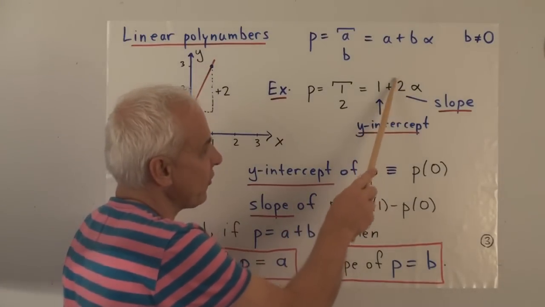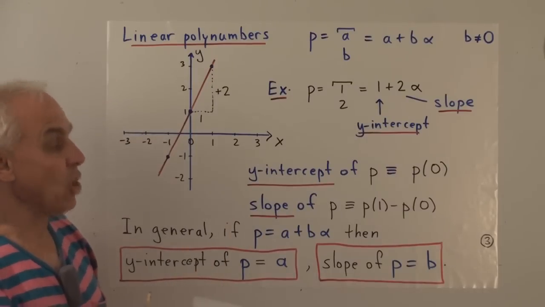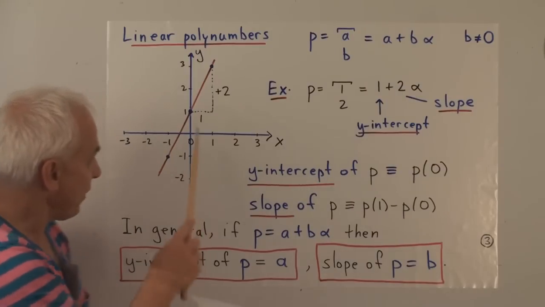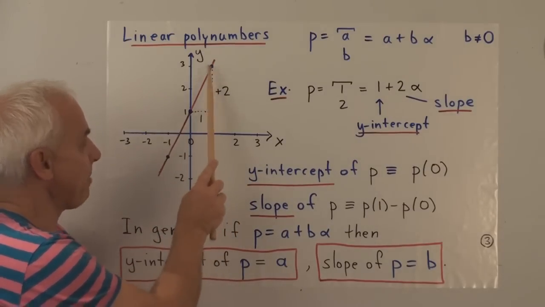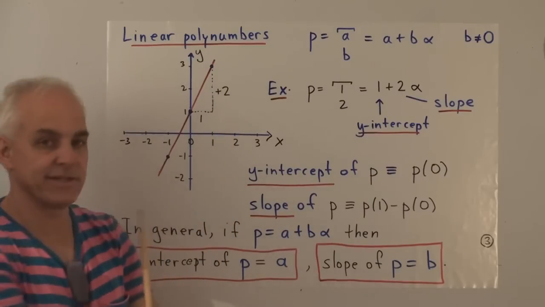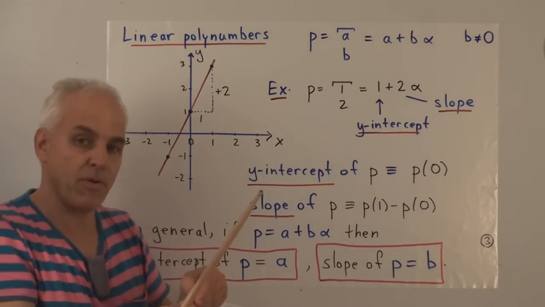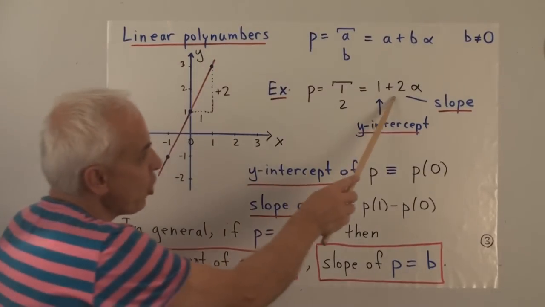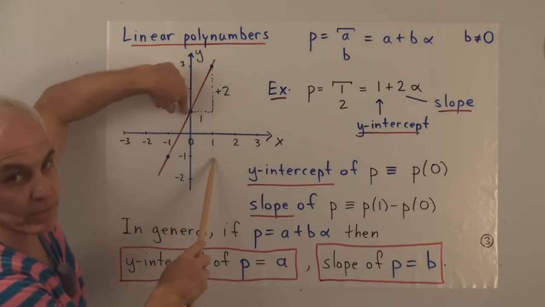And what is the significance of the 2, the first coefficient? Well, it's the slope of the line. And what does that mean? Well, if we go over 1 in the x direction, then we have to go up 2. Go over 1, up 2. That means that 2 is the slope. It's how much you have to go up, or perhaps down, with every step of 1 over to the right. If this slope was negative, it would mean that if we go over 1, then we would go down 2.